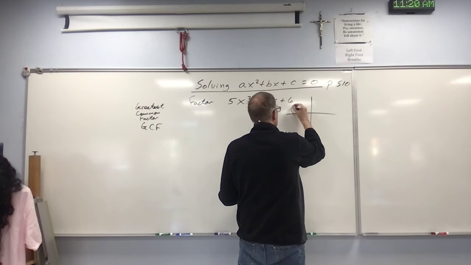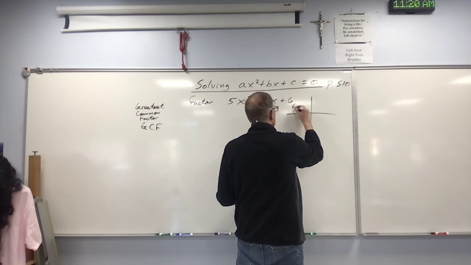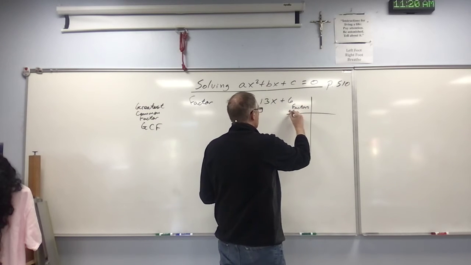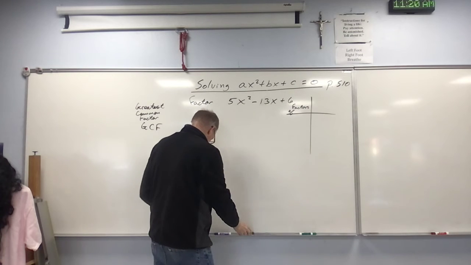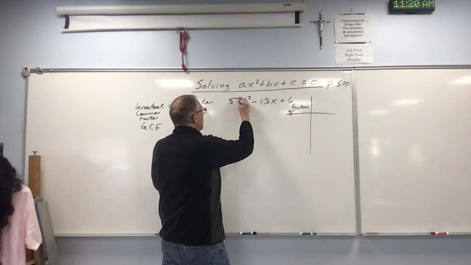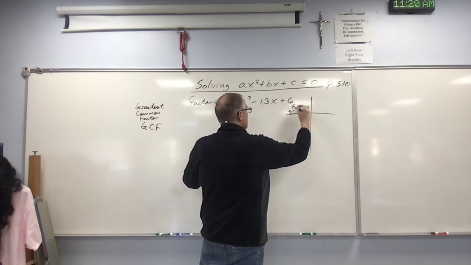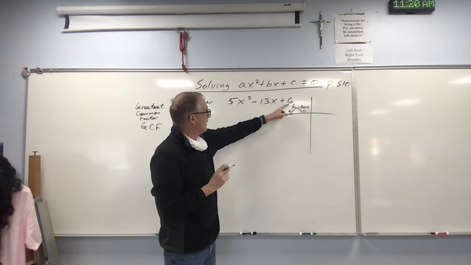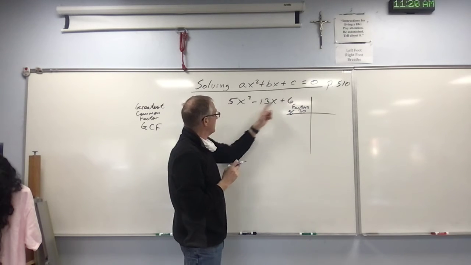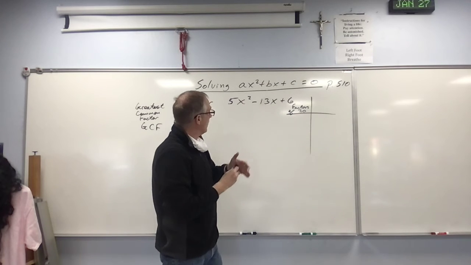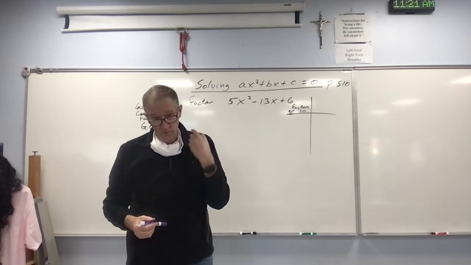So we want to find the factors of 5 times 6, which is 30. So again, you multiply a times c, and that goes right here. A times c is 30. What are the factors of a times c? Well, you have 1 and,